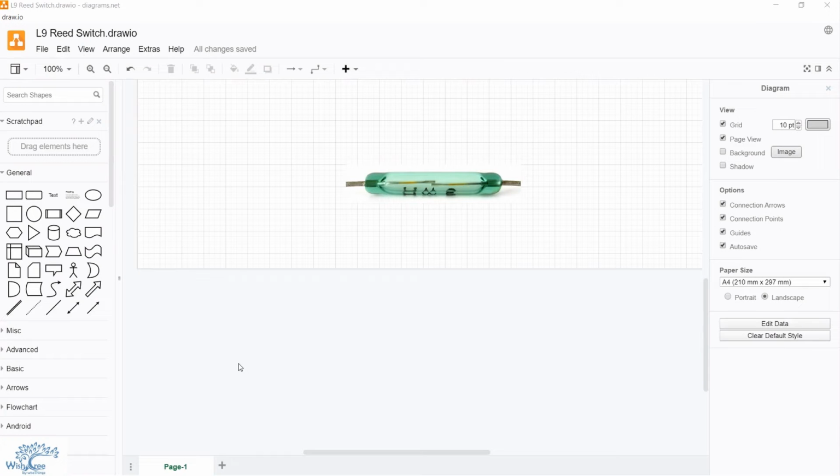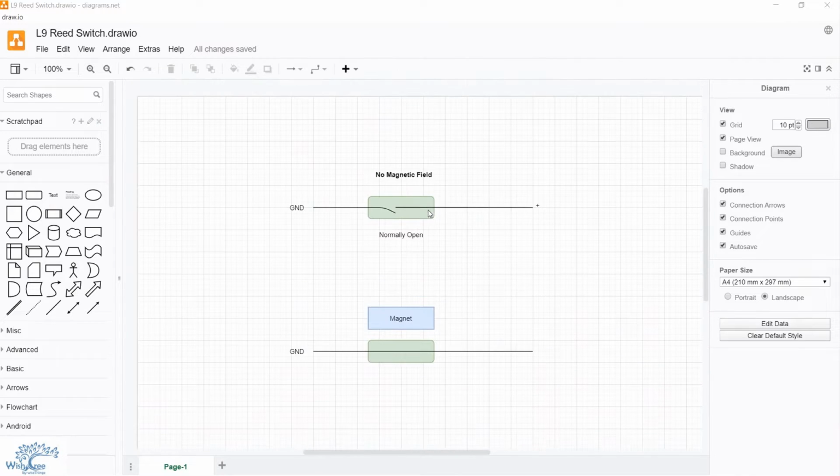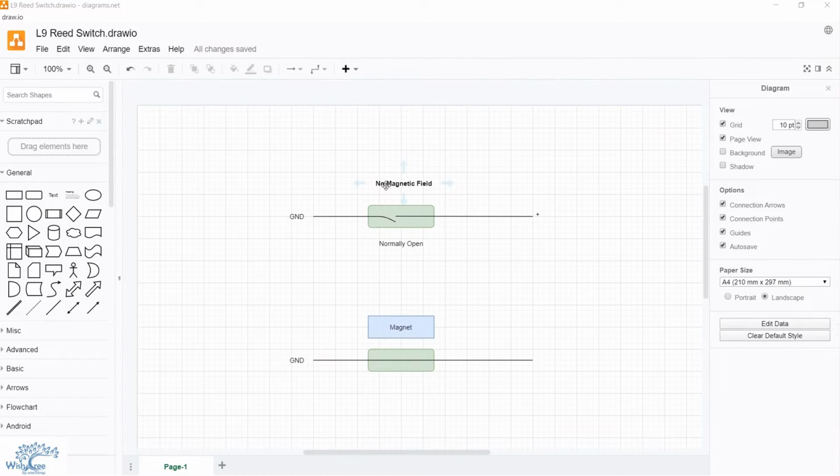Now it's time to understand how a magnetic sensor works. It actually has a reed switch inside it. A reed switch is basically a kind of device which has two poles, like you see over here. There are two poles inside this glass. When the magnetic field is applied to this one, it gets closed, and when you remove the magnetic field, then